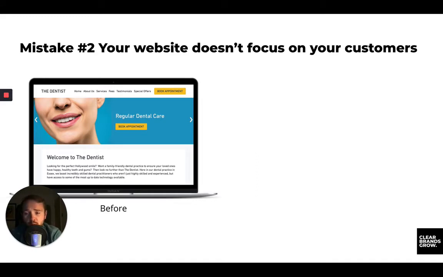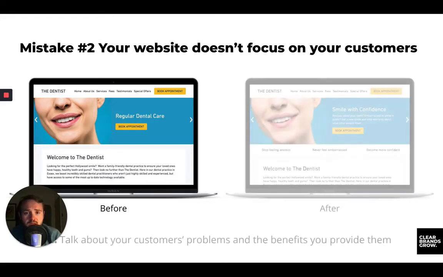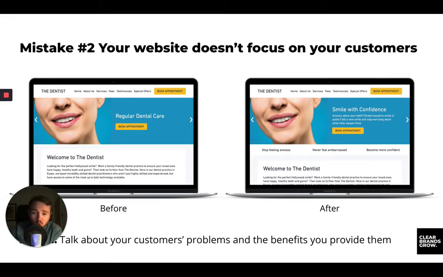So when you talk about yourself, you're actually distracting the customers, and you're positioning yourself as the hero of the story, when in actual fact the customer is the hero of the story and you should be focusing on them. So what I want you to do is talk more about your customers' problems and the benefits you provide them. So in the example of a dentist,